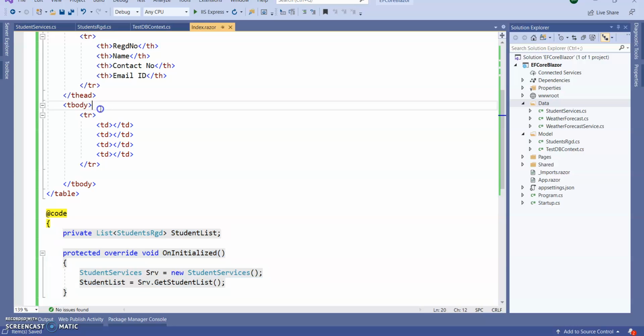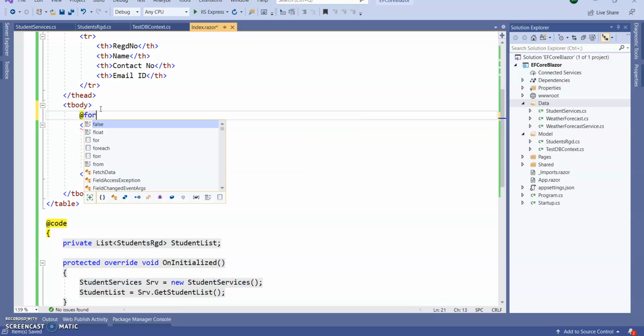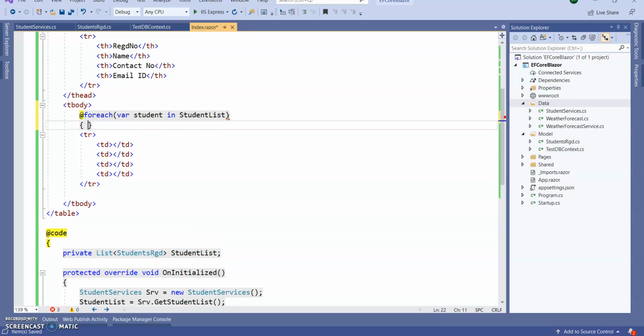Now we are going to show the data. We are going to use a foreach loop. var student in this studentList. Let the body bracket start and end.